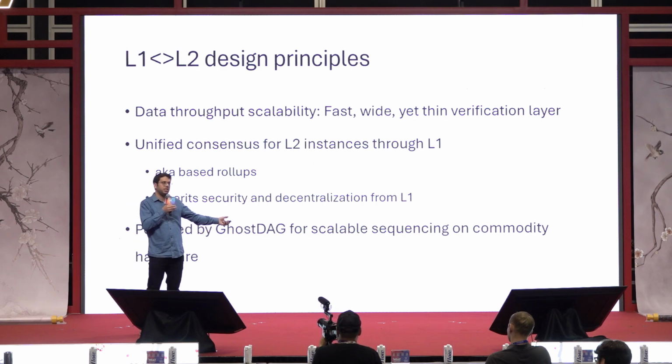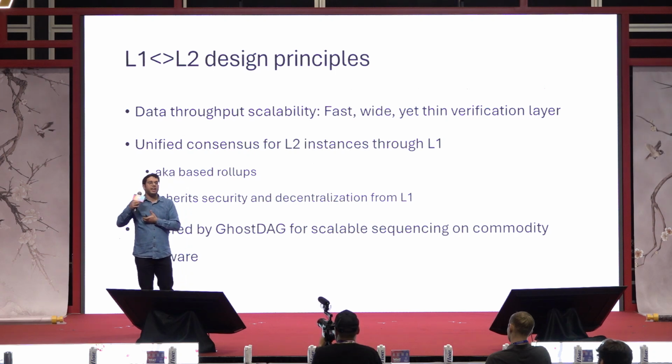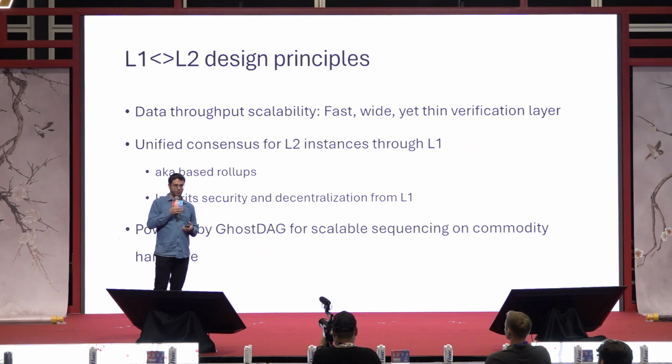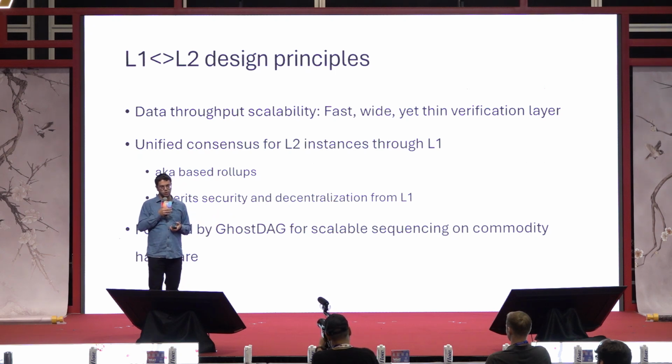You're not using security of L1. You're not using consensus of L1. Each L2 in a non-based world can add its own transactions in a sense. So there's no consensus. So when you scale that way, you're actually cheating in a sense. But if you manage to keep the unified consensus and also scale the computations, that's an interesting point.